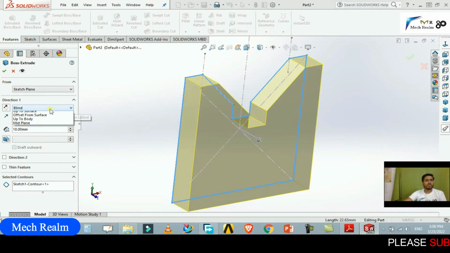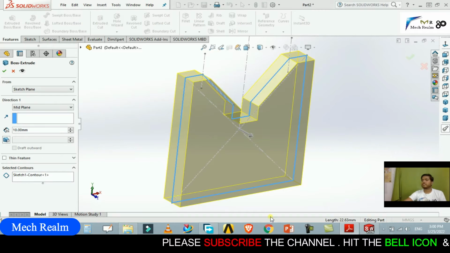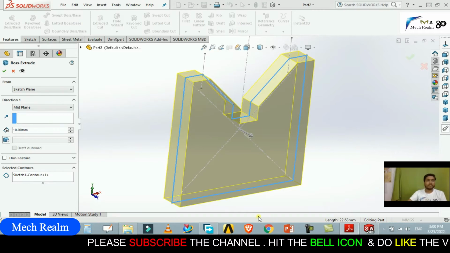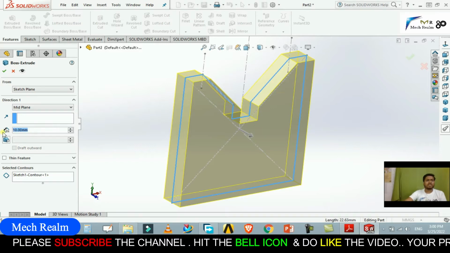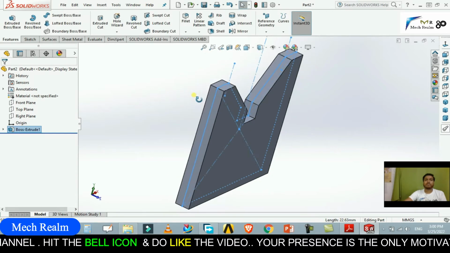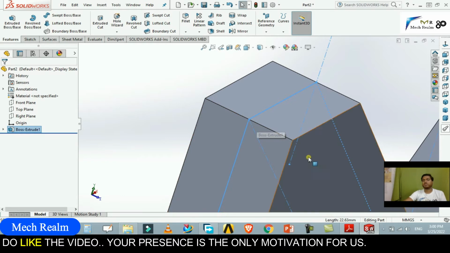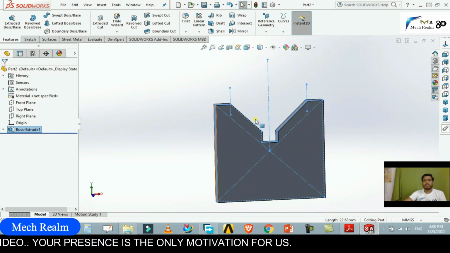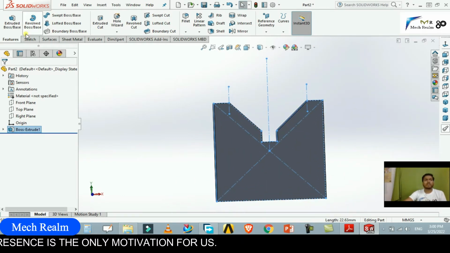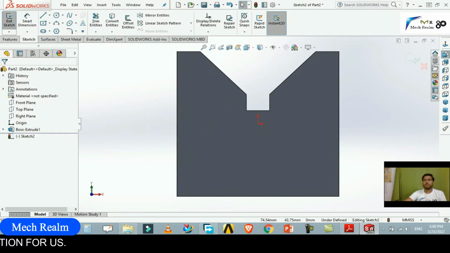So while extruding, we'll keep it mid plane and define the thickness as 3 mm, or there is 6 mm, so we'll have to define 6 mm, so that 3 mm from the mid plane towards left and 3 mm from the mid plane towards the right one. Clear? So now let us select a sketch and select this face, clicking on normal to, and let us create